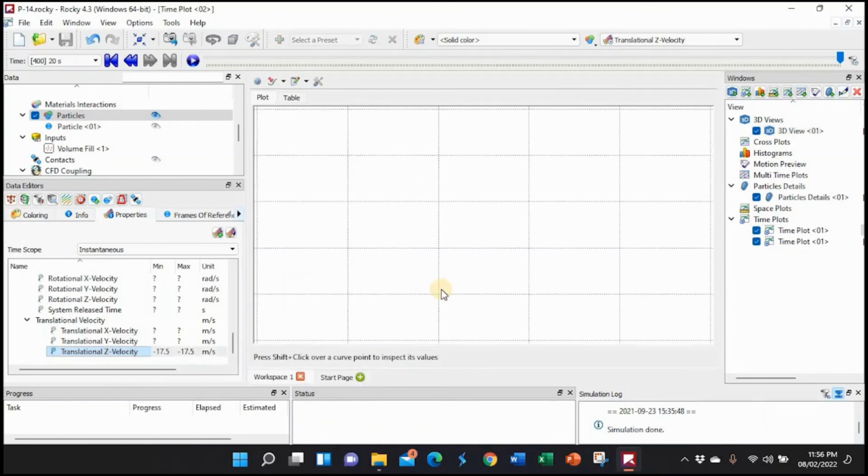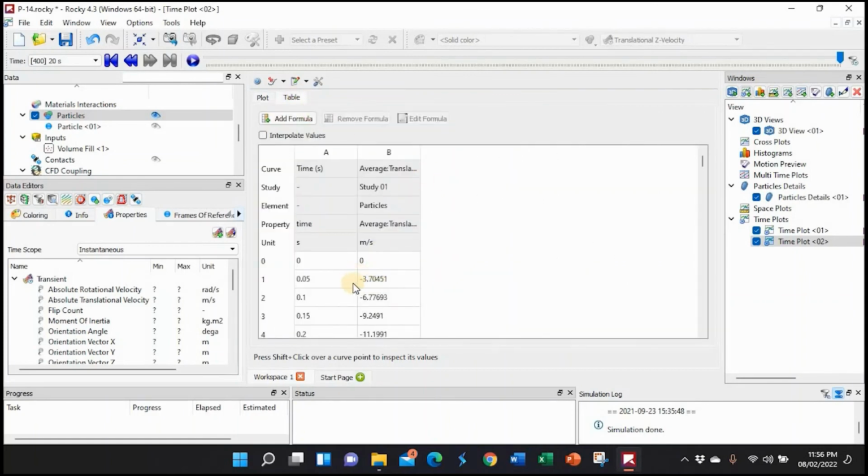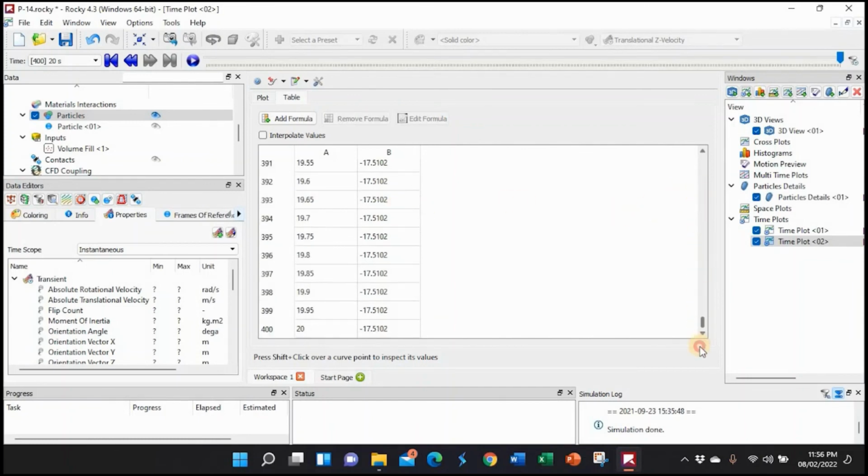So this is the curve, and it can be seen it's completely saturated at the end. Starting it is minus 3.705. It's changing, still it's changing, it can be seen, but at the end it becomes constant. So this is the value that will be used in the calculation of